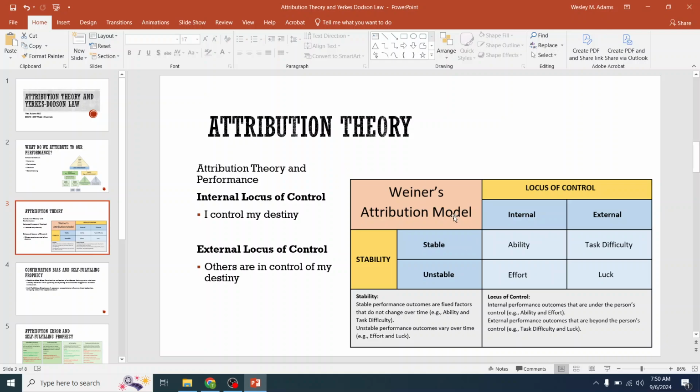Let's look at Weiner. He's another great researcher in this area, and he breaks up attribution theory. What are you attributing to your success or failures? Let's look at locus of control. Let's really define this. Often, if you go into a textbook, they'll give you this long, lengthy definition that's really hard to apply to your learning. I want to give you something and an example to go along with it that makes it easy for you to understand how to apply this concept.